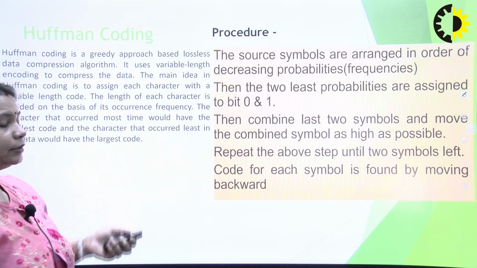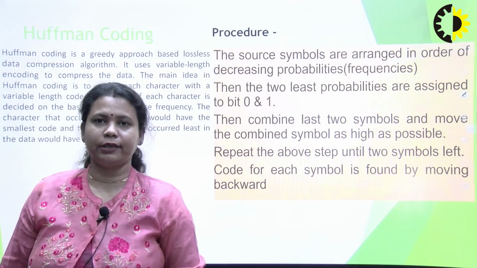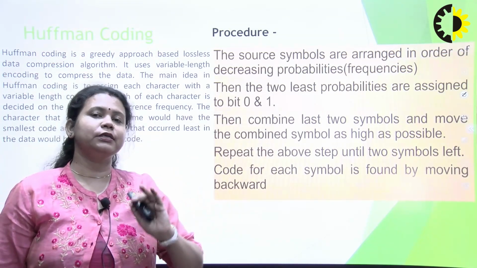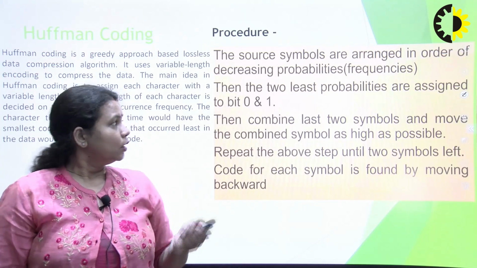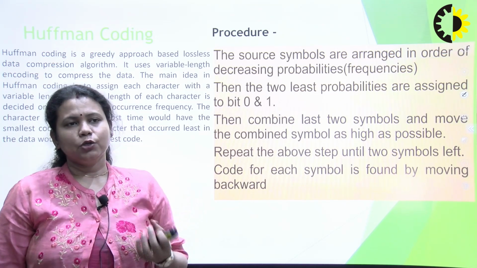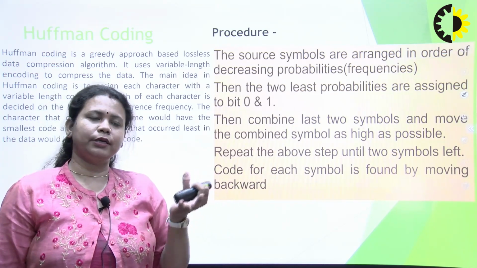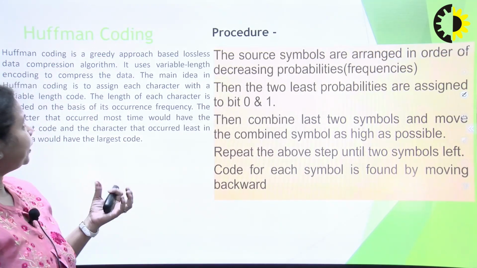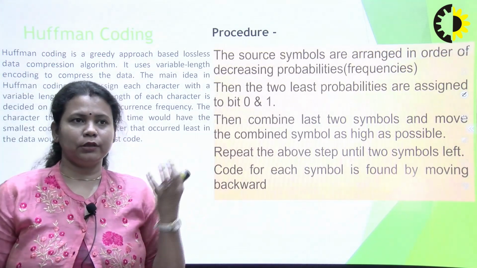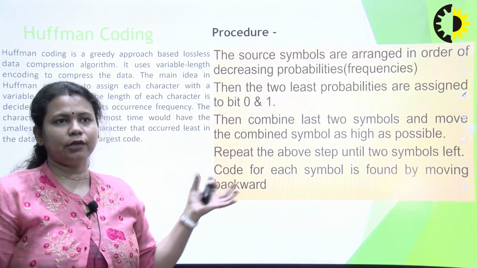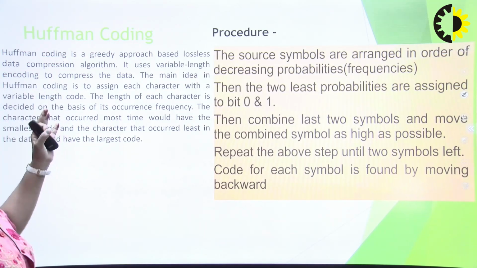So basically Huffman coding and Shannon-Fano coding are source encoding procedures, or we can say source encoding algorithms. These two techniques are basically just to compress our data. We already have studied the source encoder in the digital communication block diagram. So these two techniques are from there only. In the source encoder, we use Huffman coding and Shannon-Fano coding. So first of all, Huffman coding.